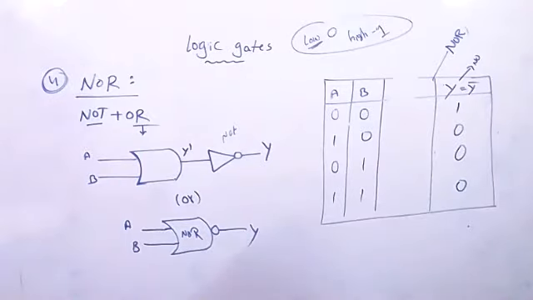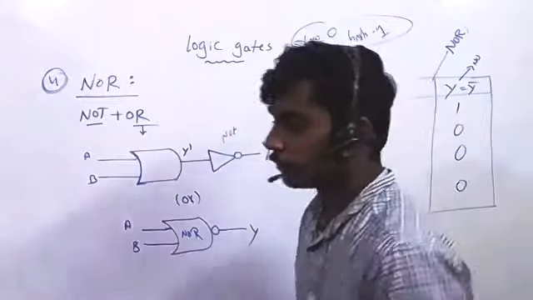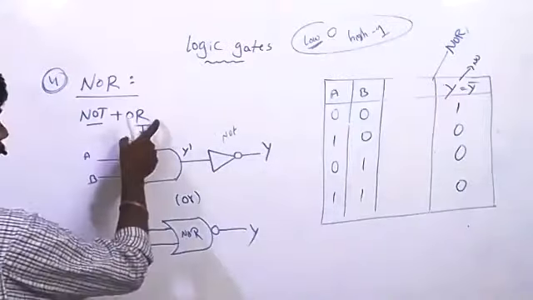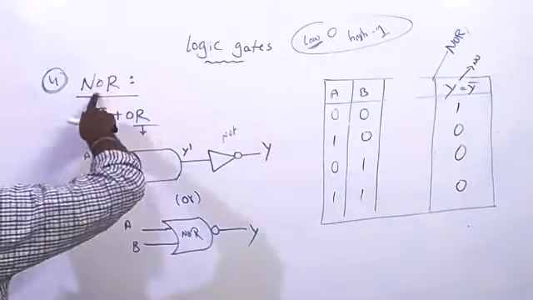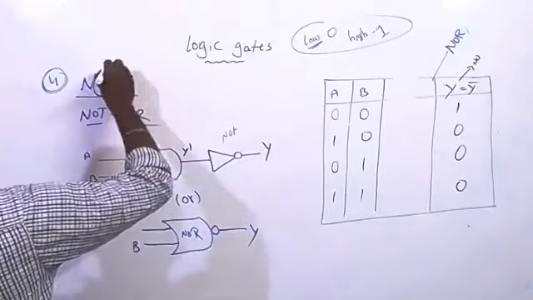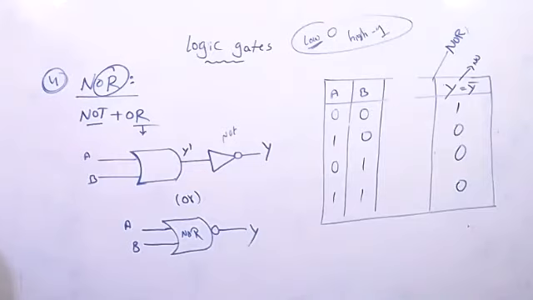Tejaswini, am I clear, ma? Yes, sir. No doubt, right? No, sir. So NOR gate means reverse of OR gate. Whatever result you get in the OR gate, if you write the opposite, that becomes the NOR gate. That is called NOR, opposite of OR. Okay. Prisha, okay? Yes, sir. Harsh, am I clear? Yes, sir.